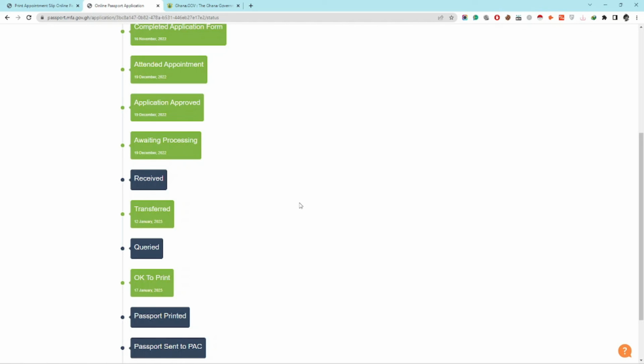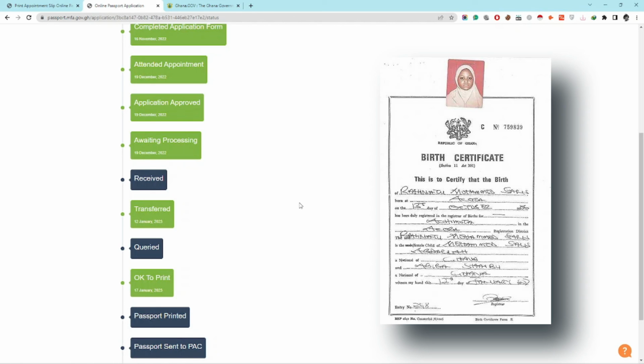Or you could send me an email to know how I got my birth certificate. If you've got the old type of birth certificate and you want to acquire the biometric certificate, you can also get in touch with me, and then I'll help you find ways and means to get it done